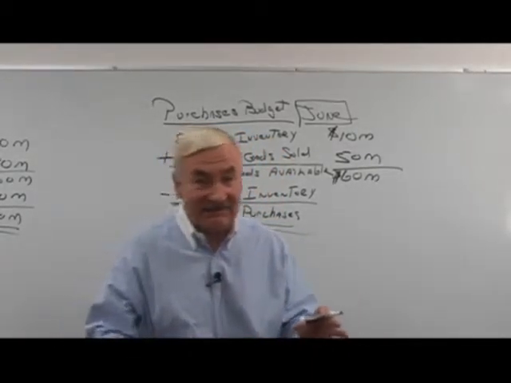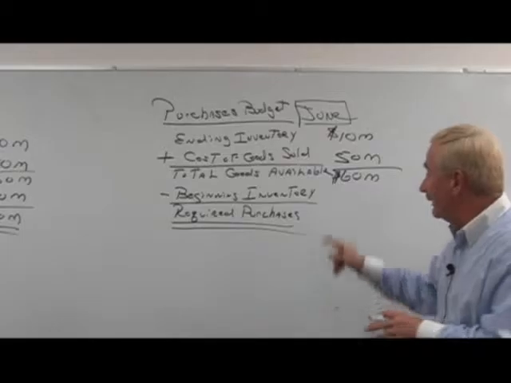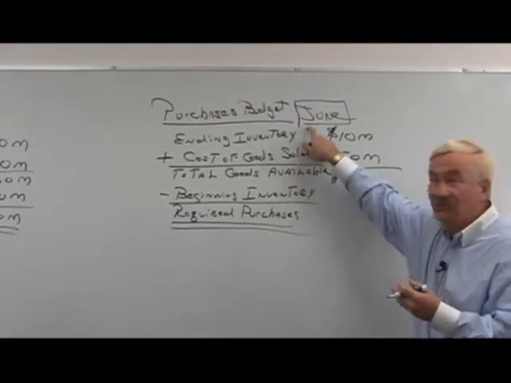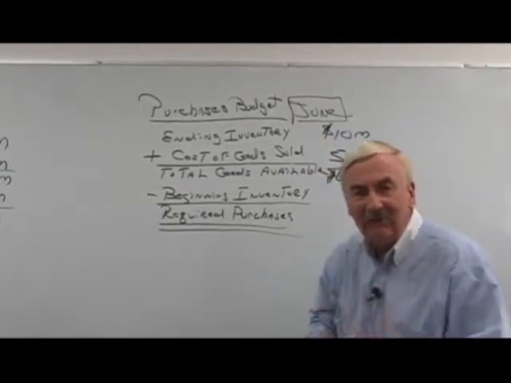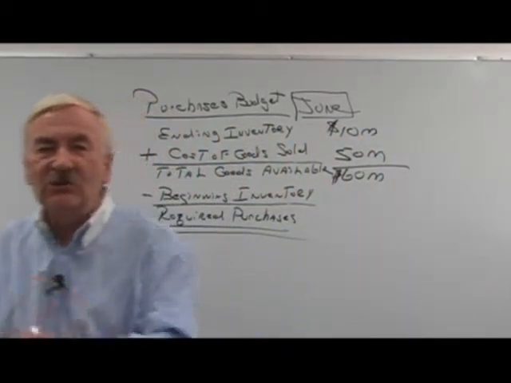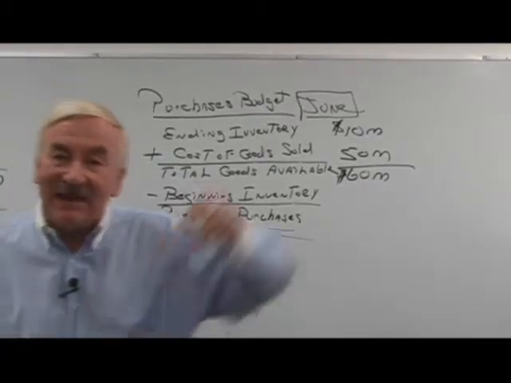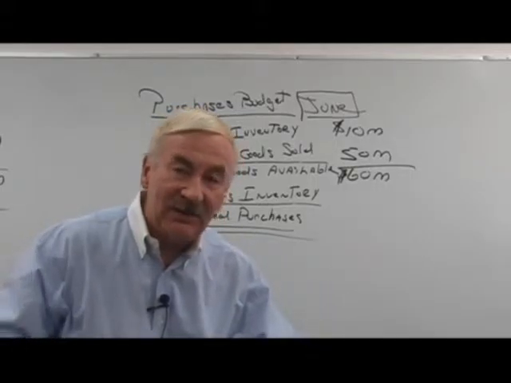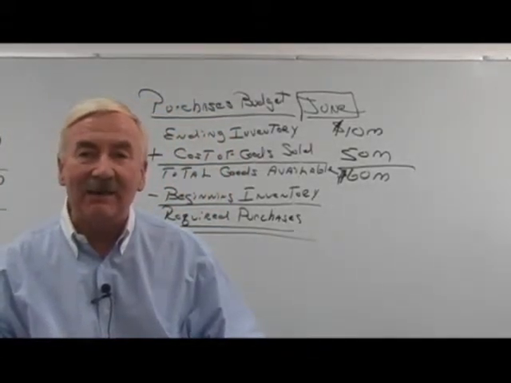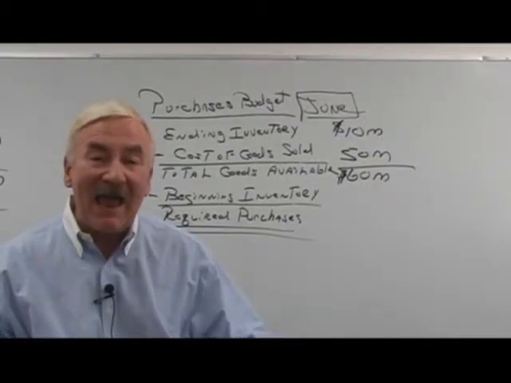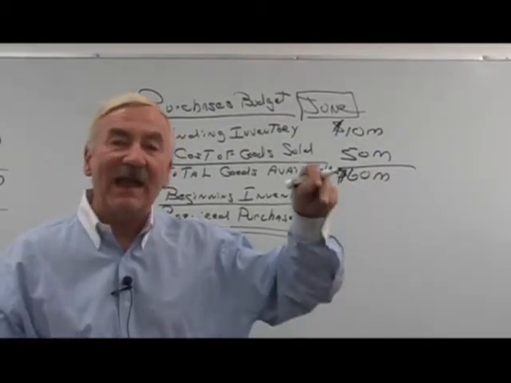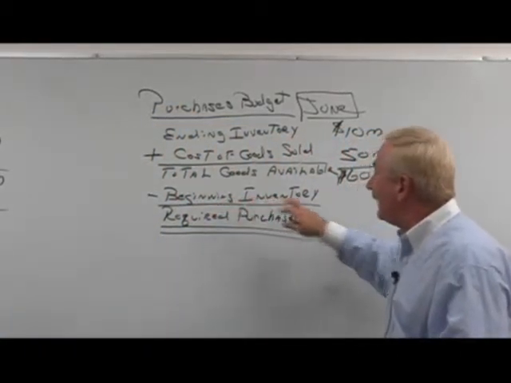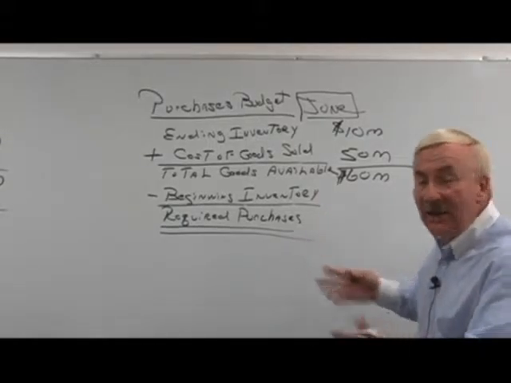No, I don't have to buy 60 million because I will have a beginning inventory that I'll start the month of June with. Where do I get my beginning inventory from? Well, June's beginning inventory is May's ending inventory. And if I had that at the end of May, so that it's available to start June with, when did I buy it? I didn't buy it in June because I had it at the end of May. Therefore, if I had it at the end of May, I don't need to buy that during June. So, if my beginning inventory in June was $20 million,